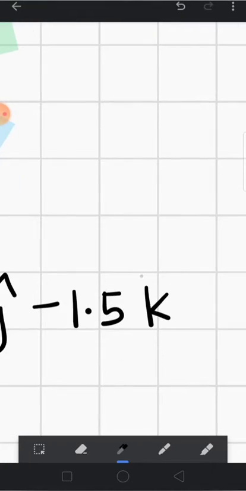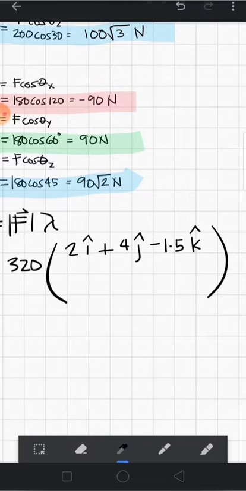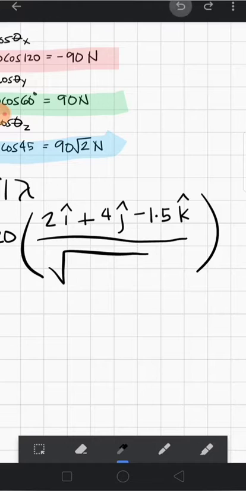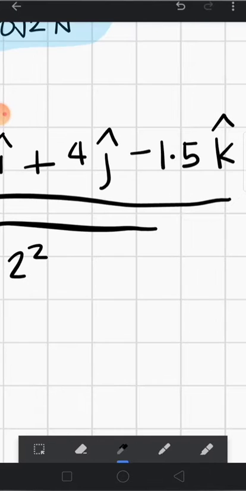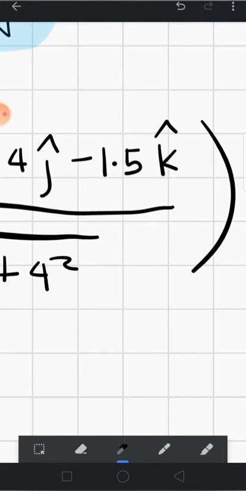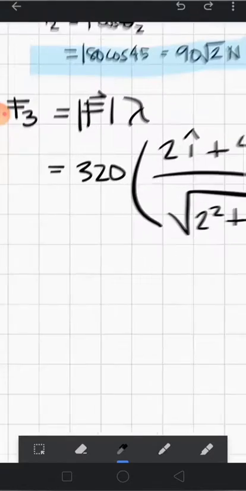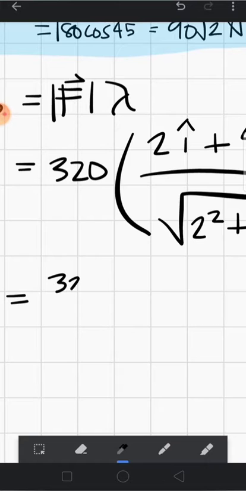k hat, all over the square root and the square of that. What's in here, you just copy that. 2 squared plus 4 squared plus 1.5 squared. Plus 1.5 squared. So now we have, to be clearer, for the x we have 320